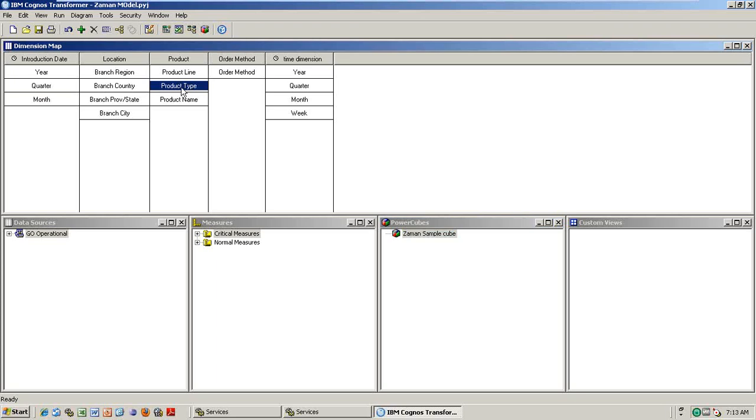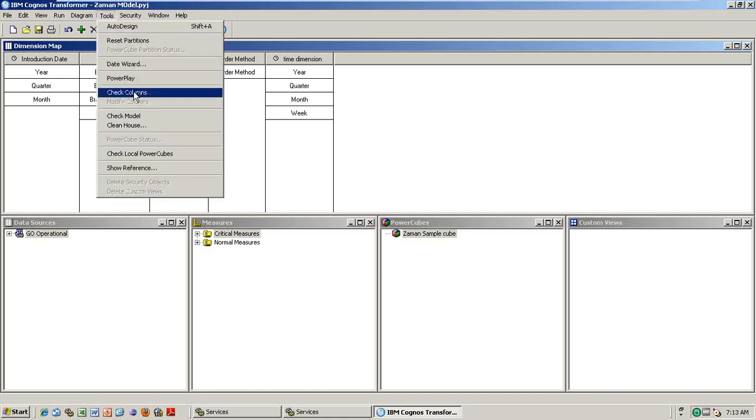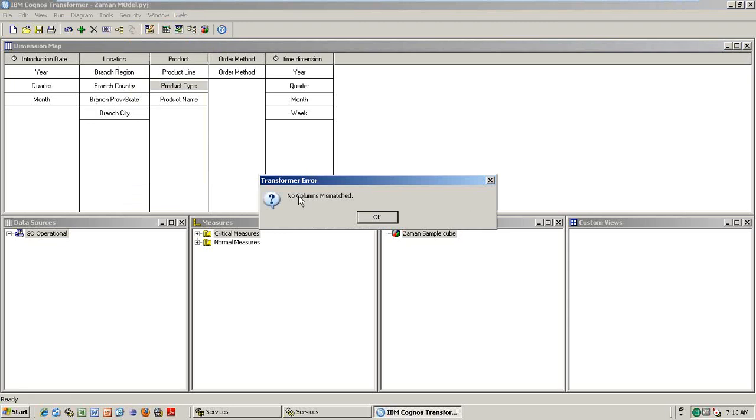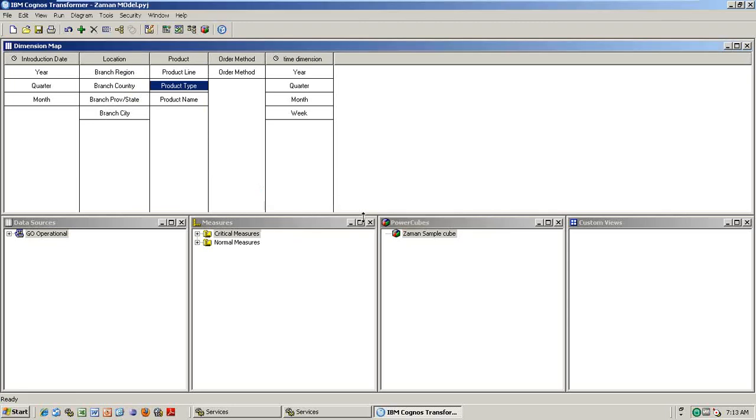But here you are still using product type. So whenever you delete something in Framework Manager, you need to come here and delete it here, and then build the cube accordingly. If you do not do that, obviously it is an issue, so you need to make sure of that. Okay, so when you do check columns, if any issues are there, it will show you, but here we didn't do anything like that, so no columns mismatched.